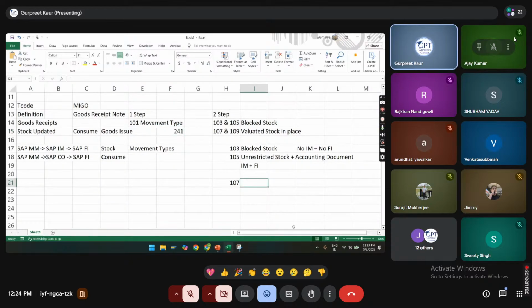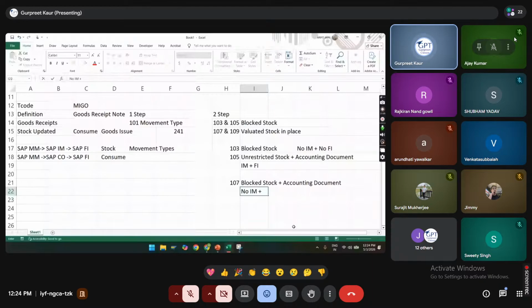Okay. Now in 107, your stock is going to be blocked. It is a blocked stock, but your accounting entry is going to be triggered at this moment. There is no inventory management update, stock is not going to update, but your FI will trigger.